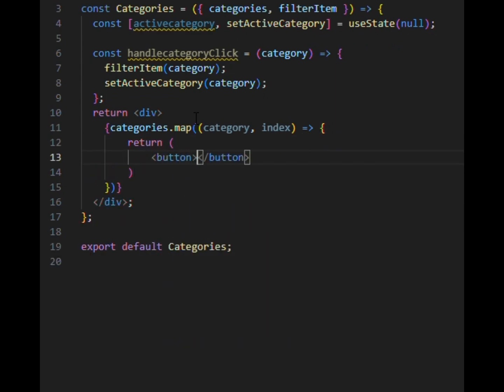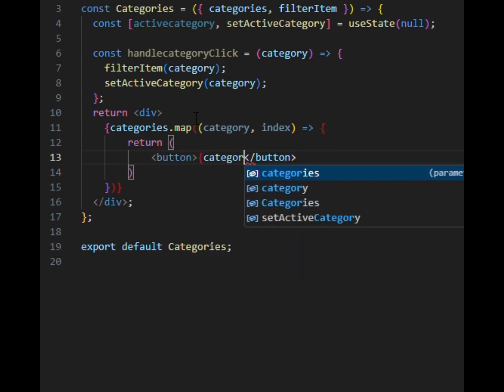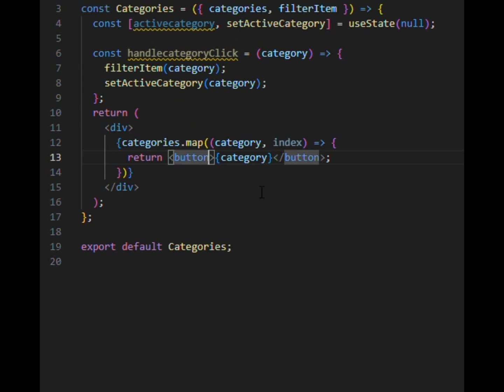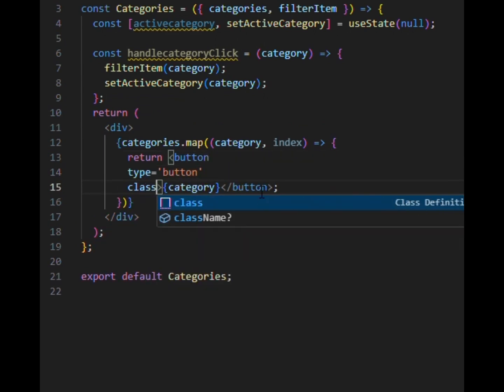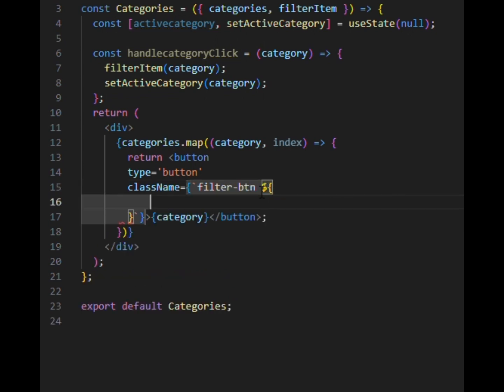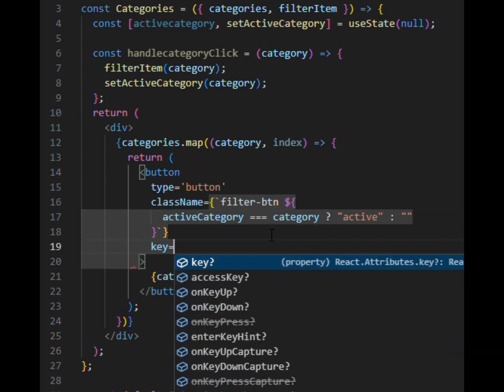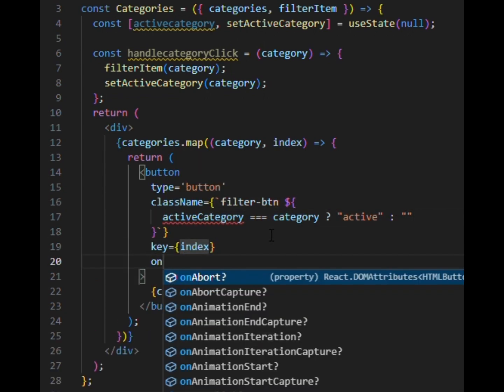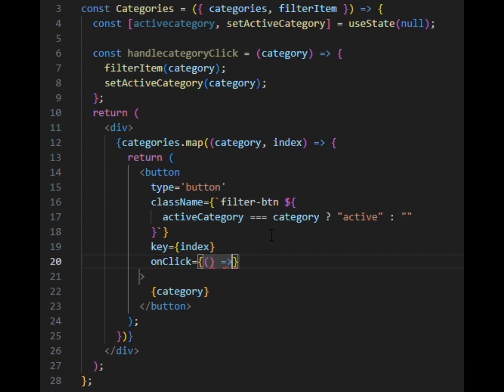Each button gets a unique key, the filter-btn class, and a conditional active class to highlight the selected category. The onClick handler triggers our handleCategoryClick function, updating the active category state to reflect the current selection. This approach ensures that the user interface remains responsive and visually indicates which category is currently active, allowing for seamless